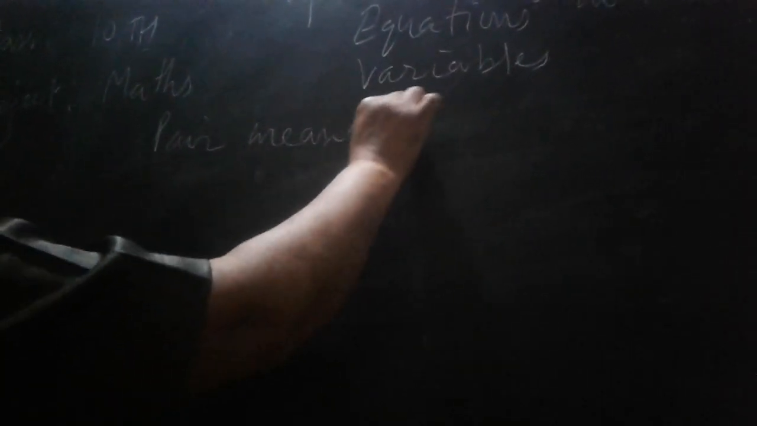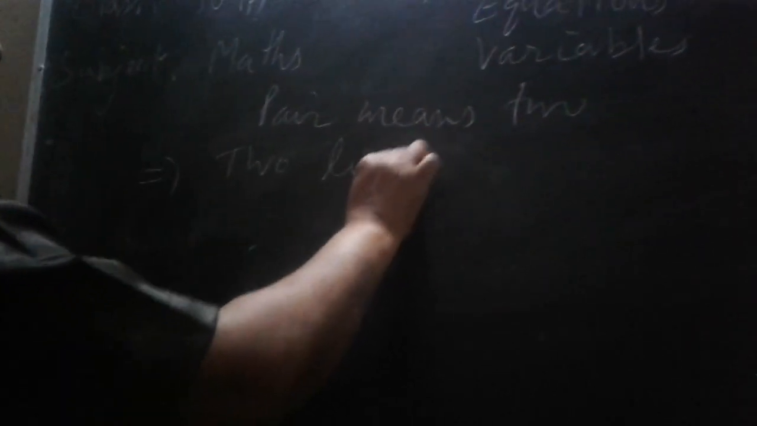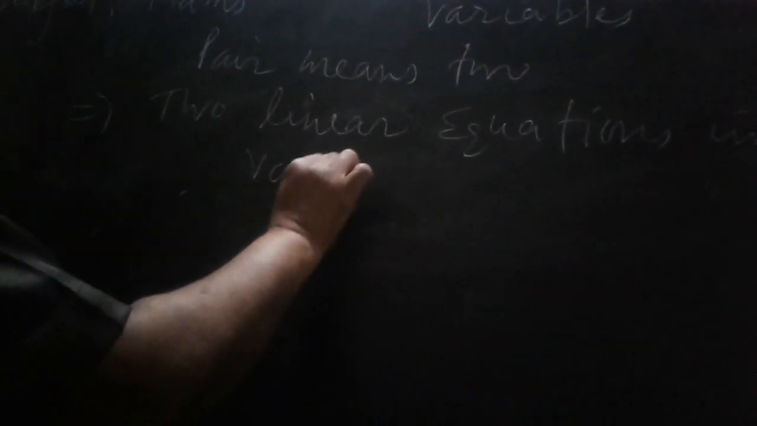Now here we are discussing a pair of linear equations in two variables. Pair means two. Therefore, two linear equations in two variables. This is a pair of linear equations in two variables. Variables are x and y. So one equation